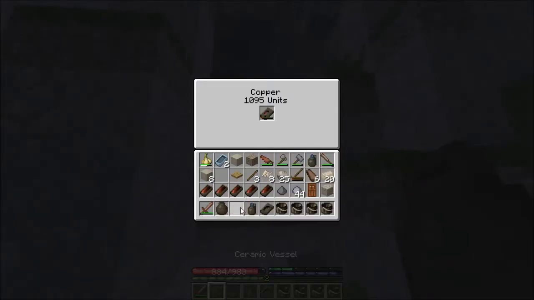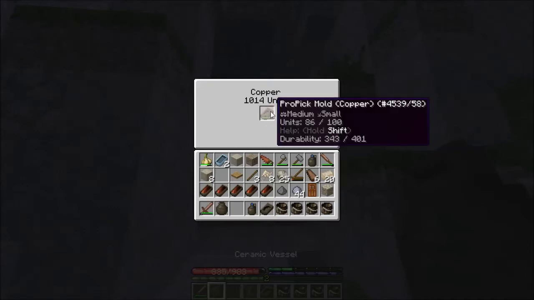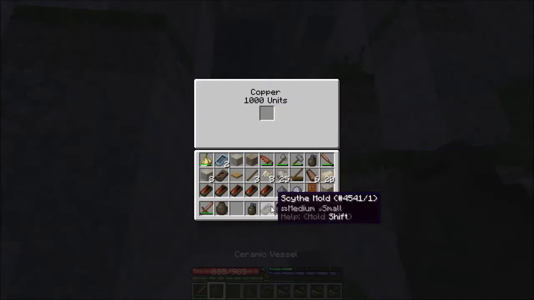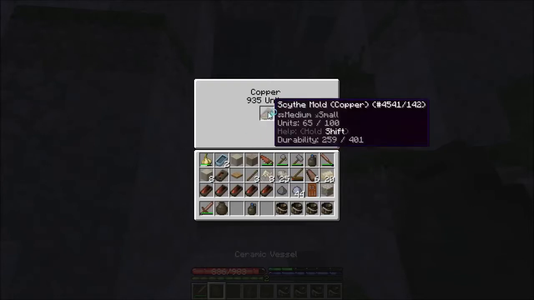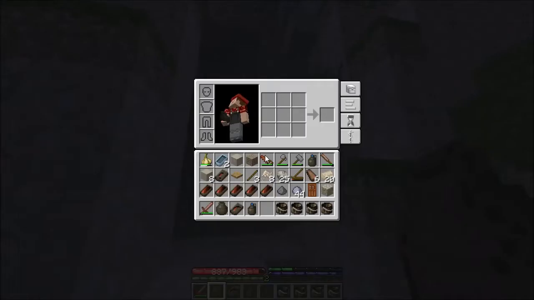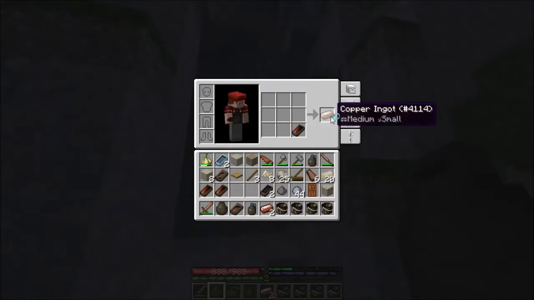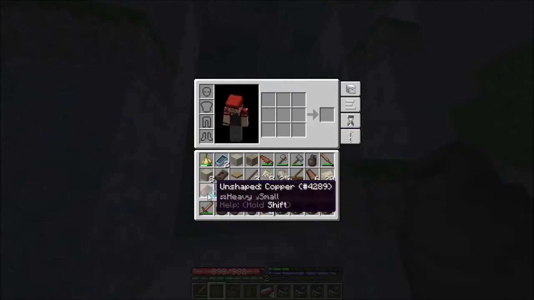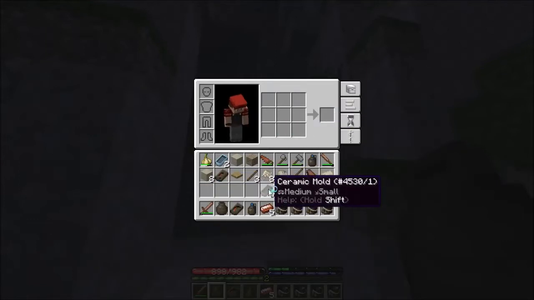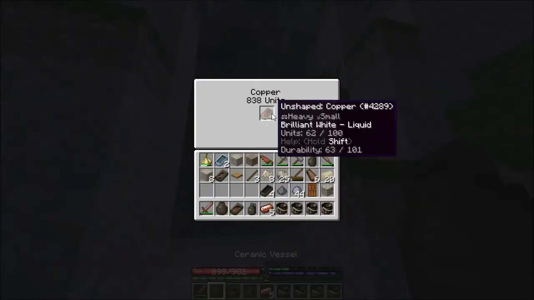And I can get a pro pick, which will be extremely useful. A scythe, which will be extremely useful. And we can also fill up all these. You have a pretty high chance to get those molds back from these, but every once in a while they break. So you've got to be careful about how many you keep,